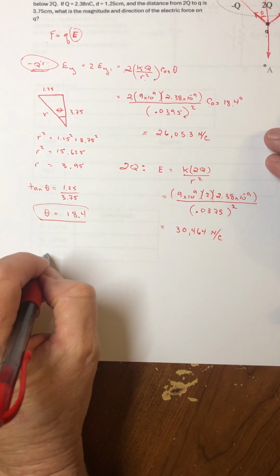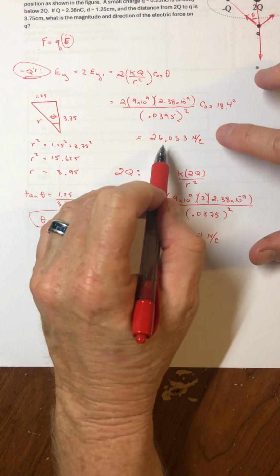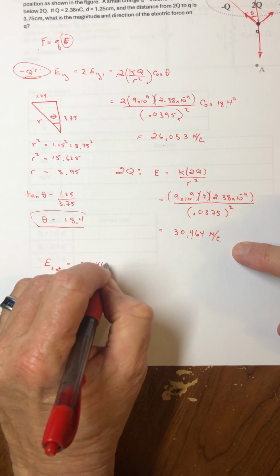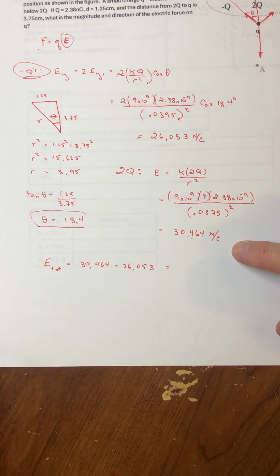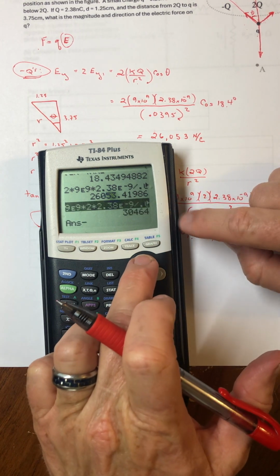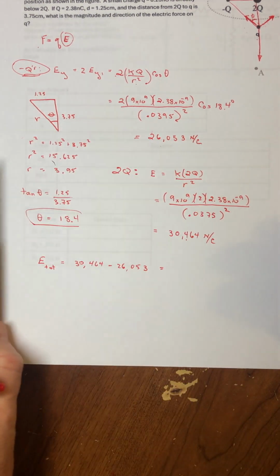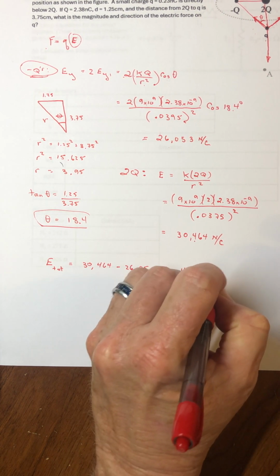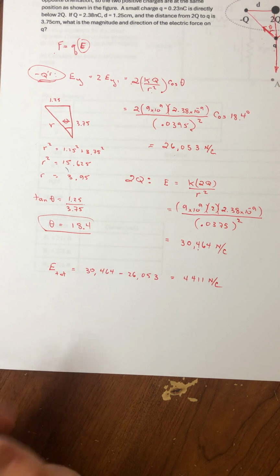Okay, so finally then, I'll call it E total. It would have this much down, and so that means I have to subtract that much because it's up. So 30,464 minus 26,053. So maybe I'll just take the answer that's already there and say minus 26,053. And so we're looking at about 4,411 newtons per coulomb. And that's the real hard part of this problem, because you have to give an angle,